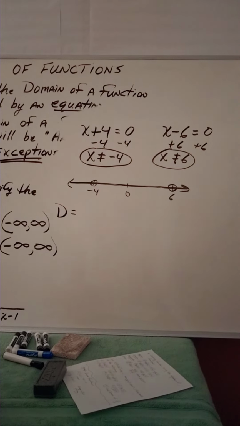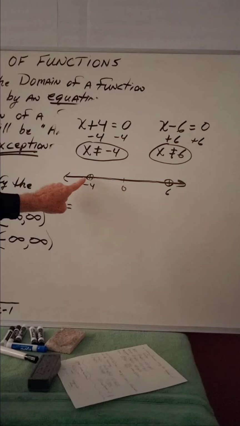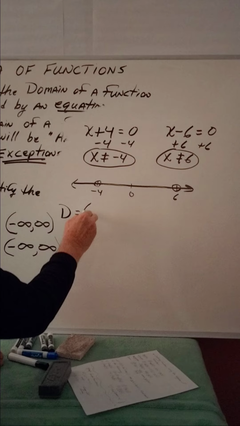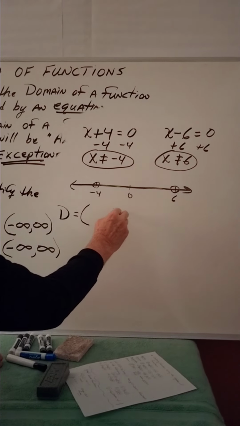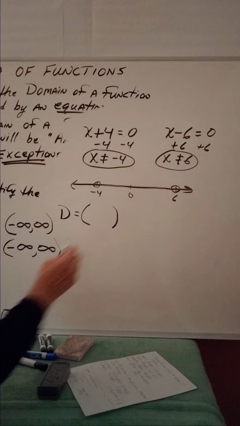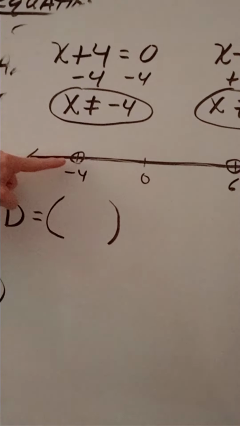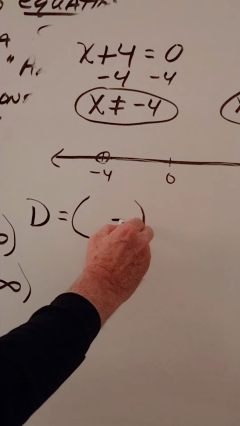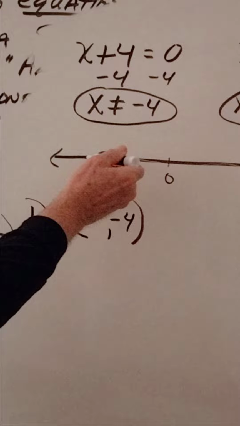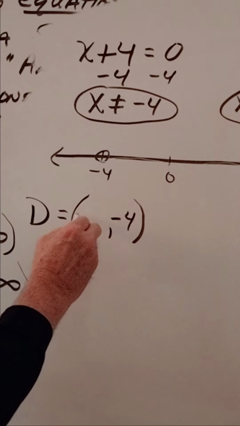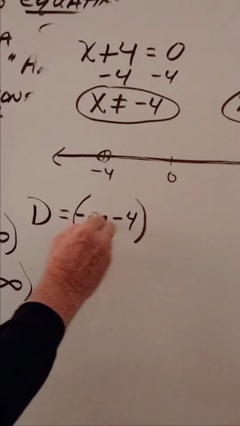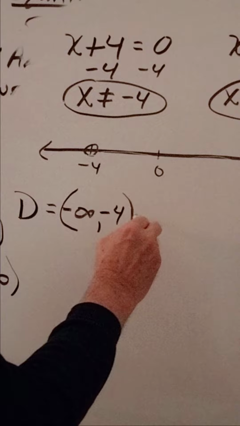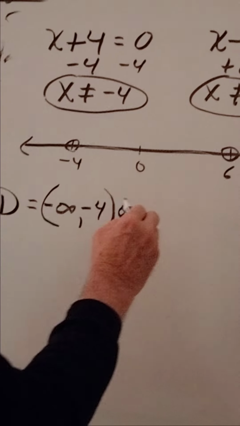The domain. Let's do this portion of the domain first. We'll begin with a parenthesis. We will end with a parenthesis. The largest value of this interval will be -4, so it's written to the right. And it's moving infinitely negatively. So that's picking up all of those. Or, parenthesis,